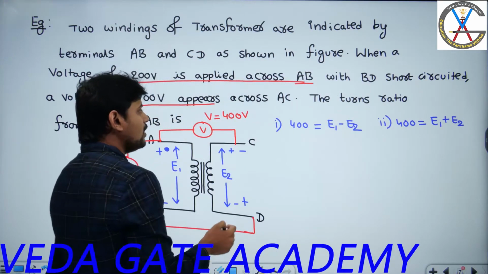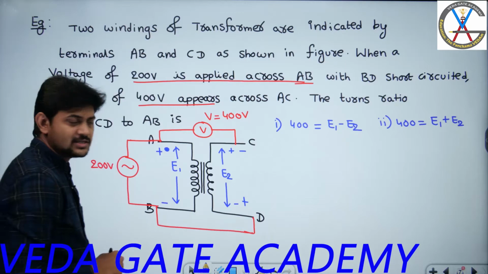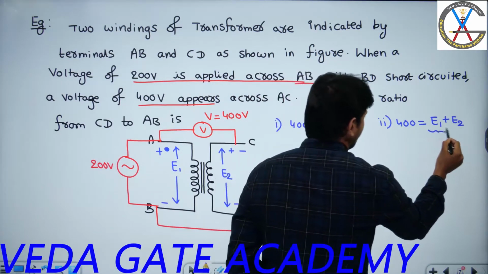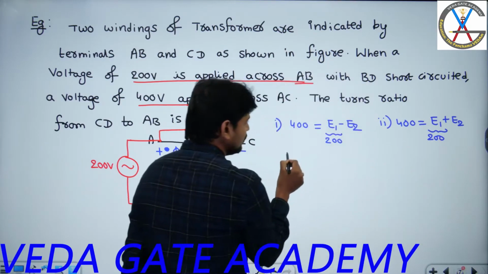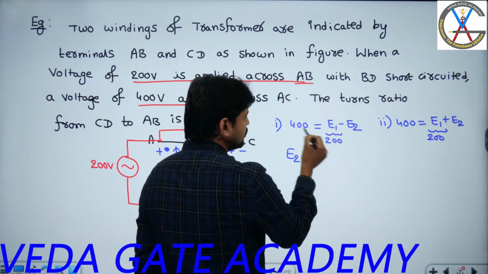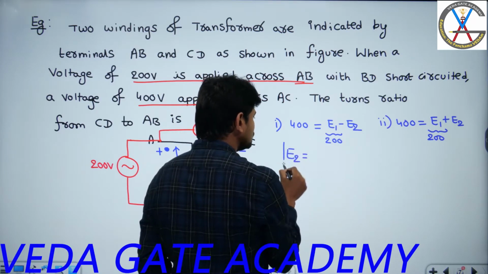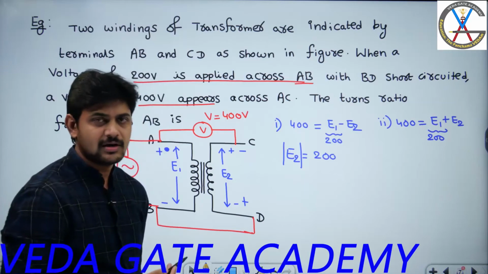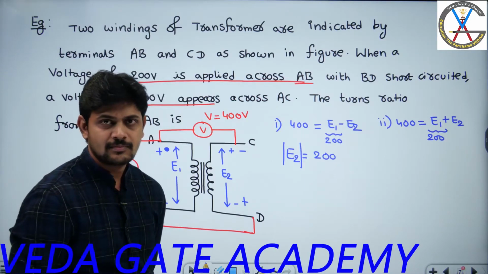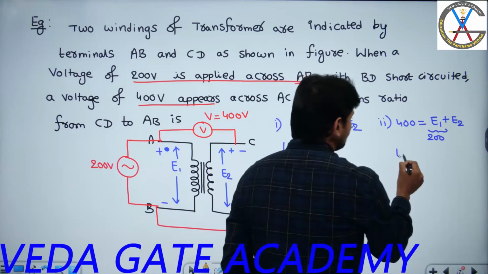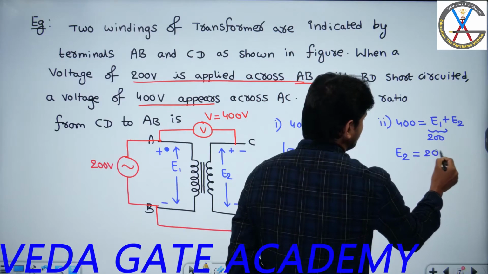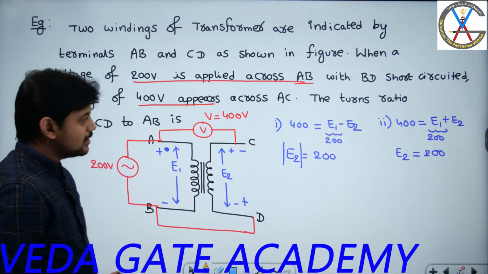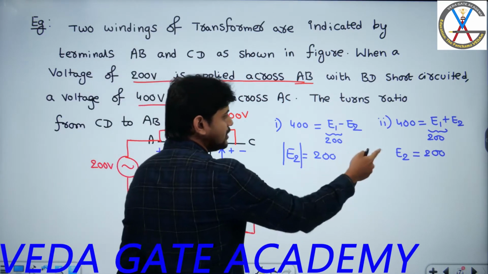Now, I already know the value of E1, right? What is the value of E1? The value of E1 is 200 in both cases. Now from here, can I get the value of E2? E2 becomes 200 minus 400. The magnitude, if you calculate, is 200. Our interest is to determine the magnitude. Whereas here, what is the value of E2 you are going to get? 200 only. Are you following? So from here, E2 is 200, E2 is 200.